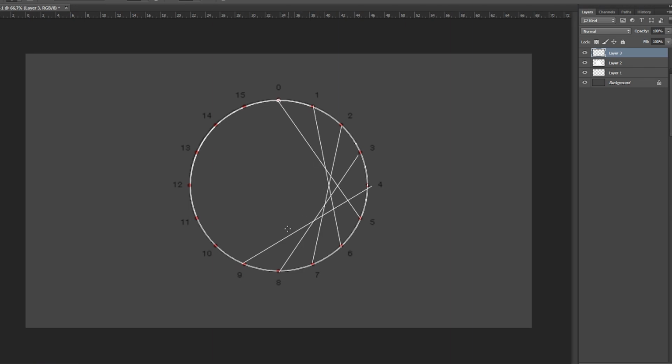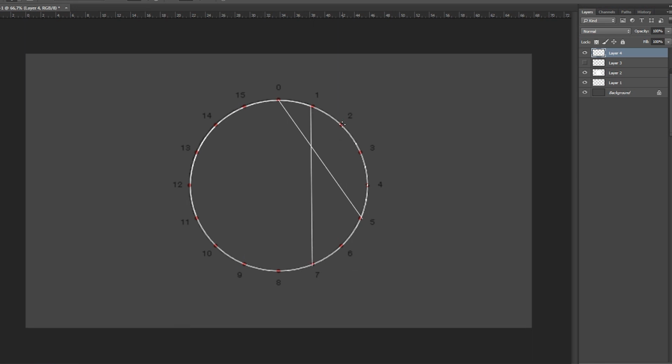However, what we want to do is we want to modify this rule a bit and add a bit more complexity, let's put it this way. And we don't want a static offset. So let's say that, yes, 0 will still connect to 5. But let's say that with every point we want to add 1. So 0 will connect to 5, 1 will connect not to 6 but to 7, because now we will offset